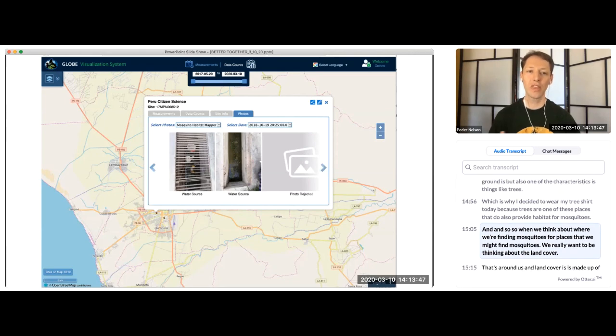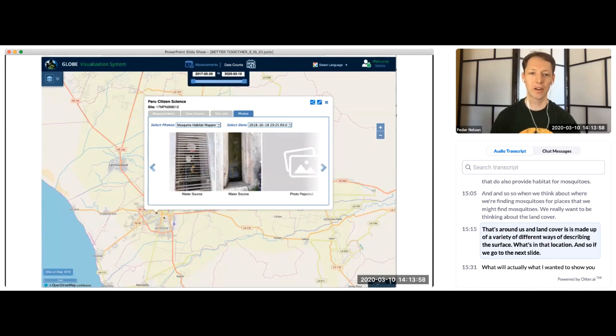So when we think about where we're finding mosquitoes, or places that we might find mosquitoes, we really want to be thinking about the land cover that's around us. And land cover is made up of a variety of different ways of describing the surface, what's in that location. So if we go to the next slide,